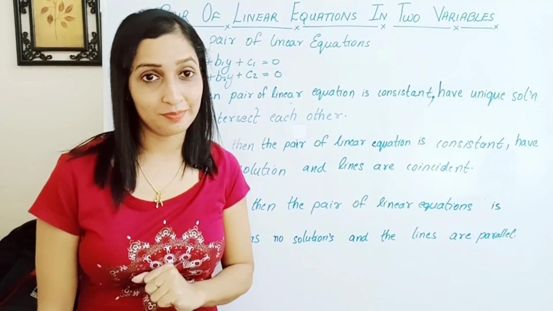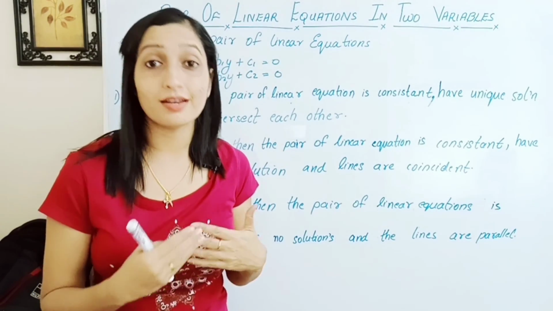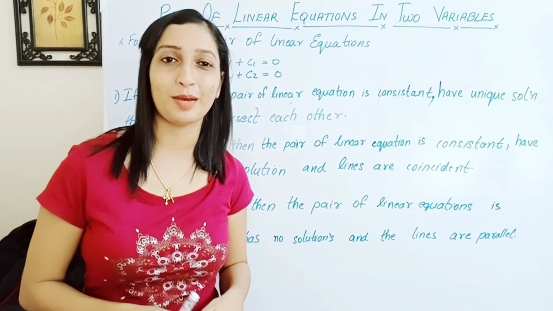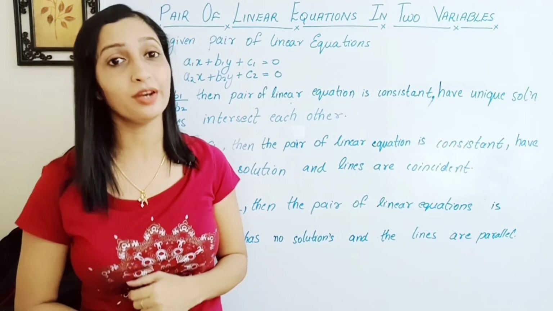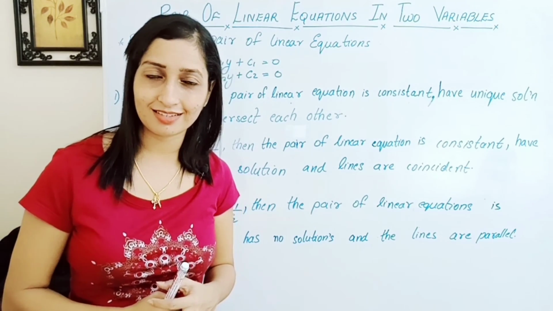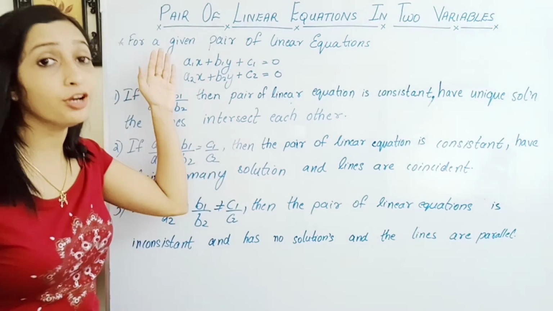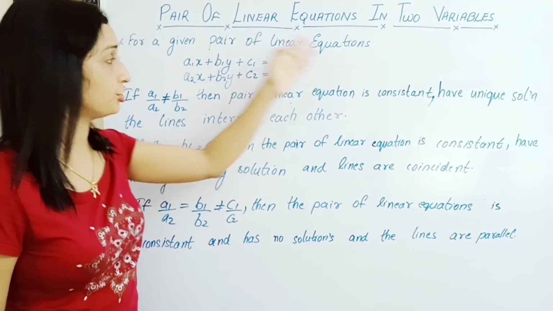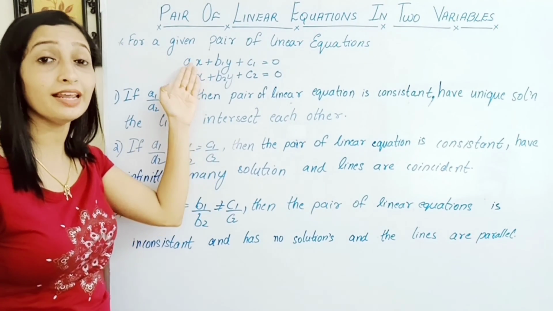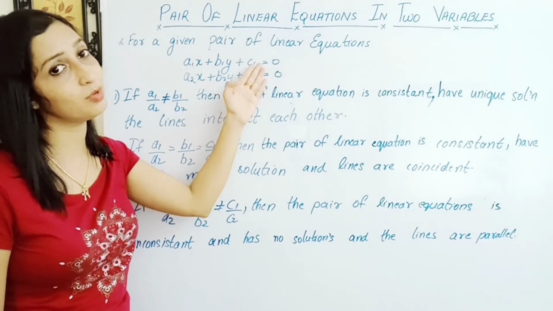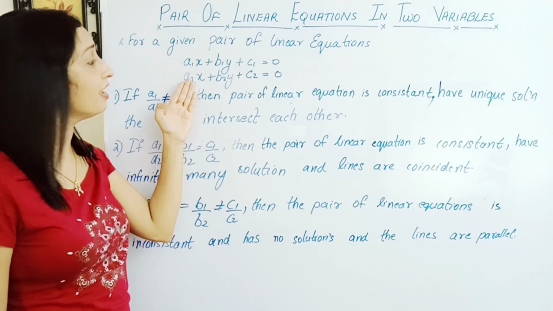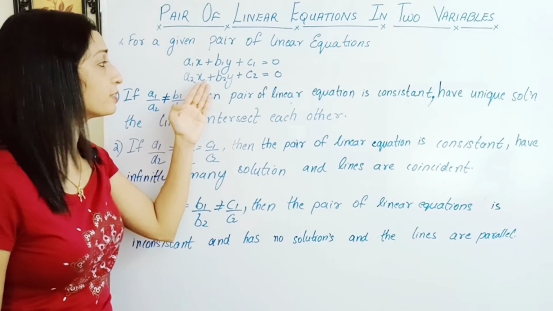Everyone, welcome back. So today we are moving on to our second exercise of our third chapter, pair of linear equations in two variables. And before we start our exercise, let's discuss some important points. And that is, for a given pair of linear equations, how do you represent a linear equation? a1x + b1y + c1 = 0, and when it is a pair, the next will be a2x + b2y